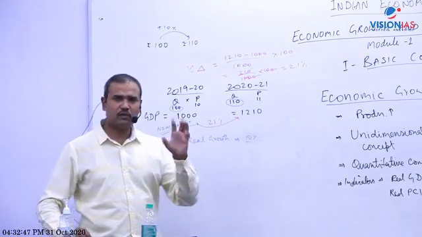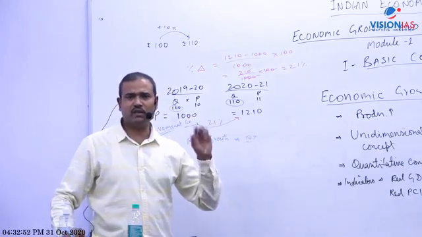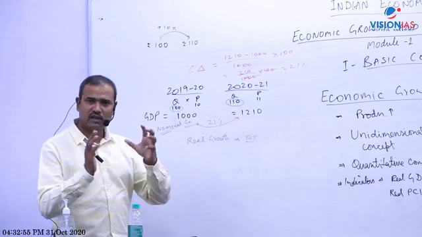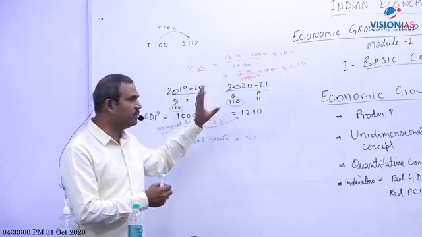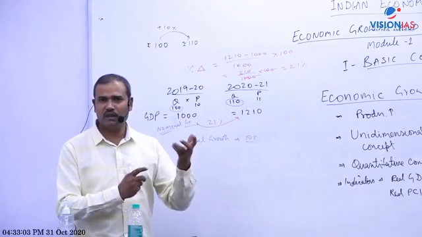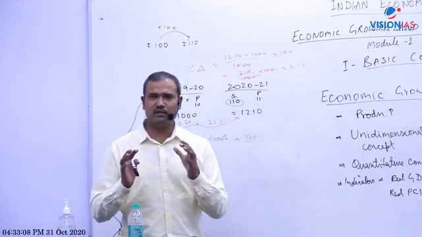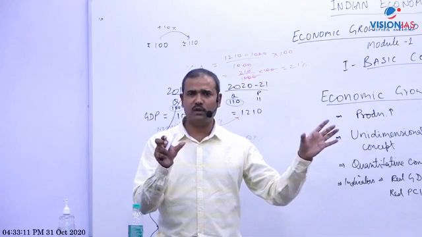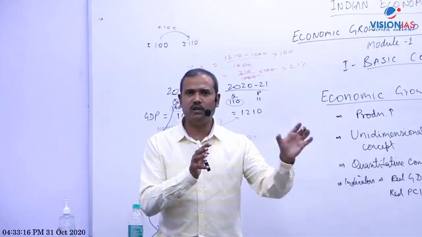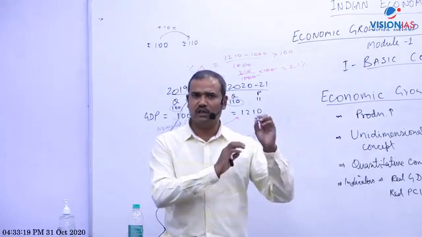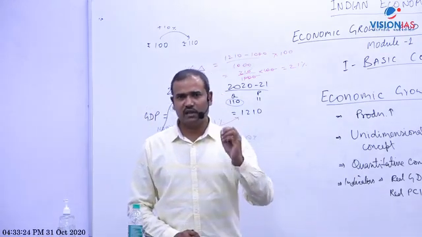As I told you, please wait for some time. In chapter 4, I will discuss this, because it's a long topic. I think it will take almost 45 minutes to distinguish between real and nominal. If I take 45 minutes now, before taking up GDP, then you will ask what is GDP, what is GNP, and then it will be difficult. So don't worry, I will be using economics in one topic and a lot of other topics also. Gradually, each topic I will discuss in detail, and I'll give you a brief idea about the peripheral topic. When we come to that topic, don't worry, everything will be crystal clear. Once I complete the GDP chapter, then I think everything should be clear.